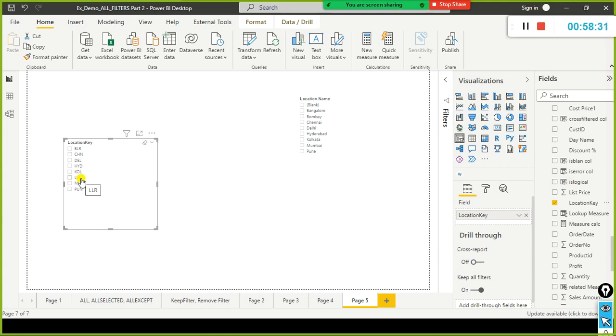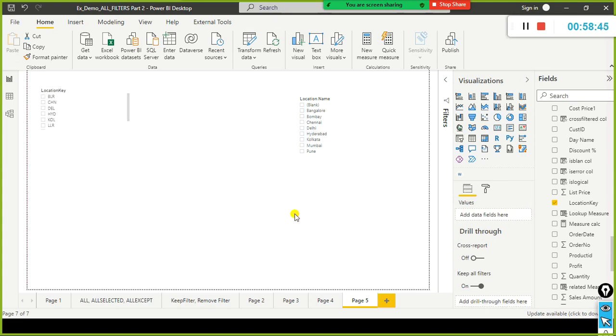Look, here we have LLR, right? We don't see any LLR here. Since there is no matching record here for LLR, it inserted a blank value here, okay? Now let us see how this count function, the values function, is helpful to find out the